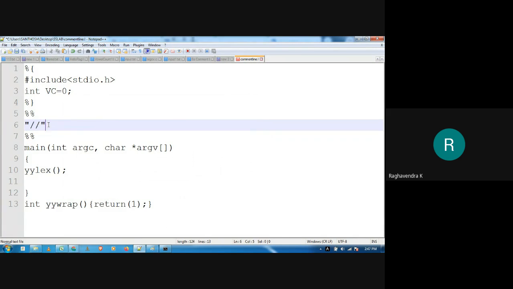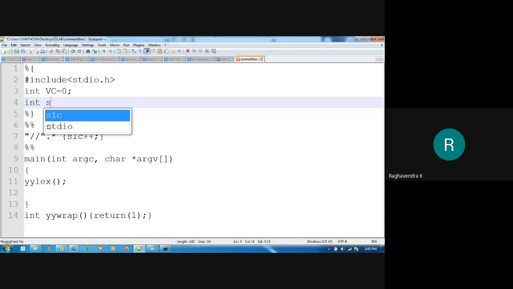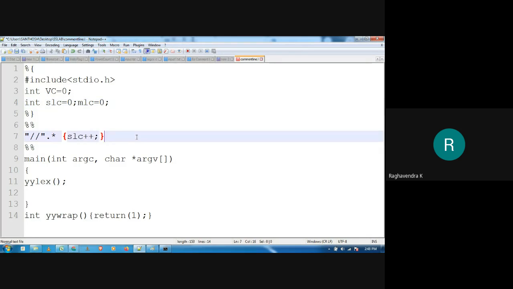First is the single line comment followed by dot star. So what's the action? Single line comment, so just increment the value. I'm just counting. So int SLC is equal to 0 and NLC is equal to 6. Let us try that out for single line comment and print the value.